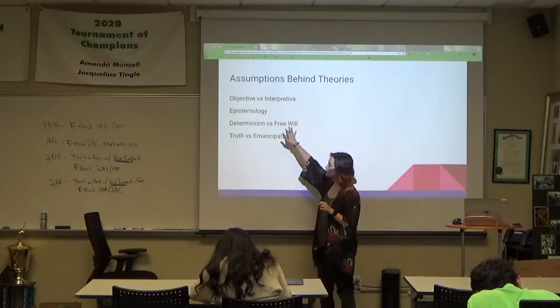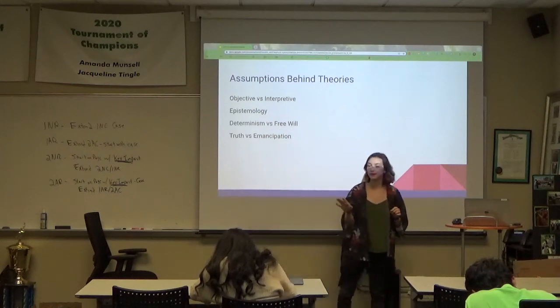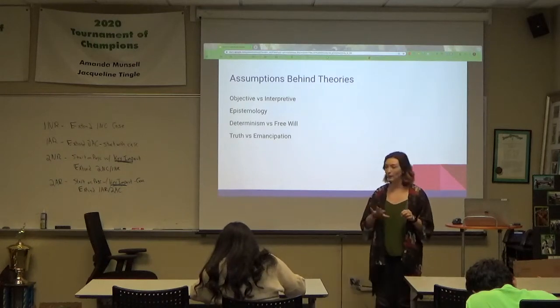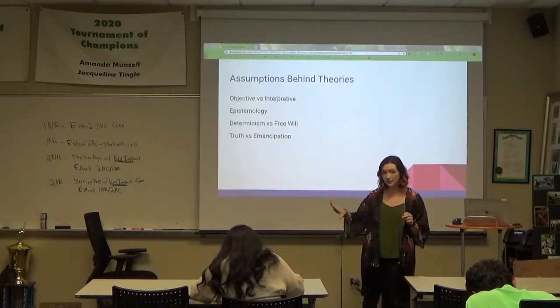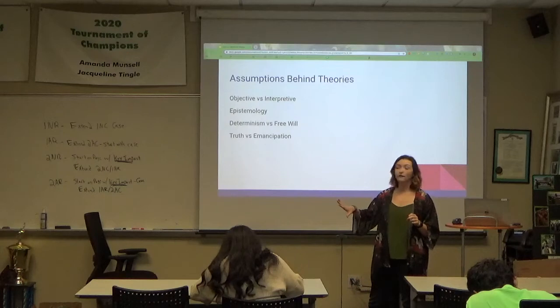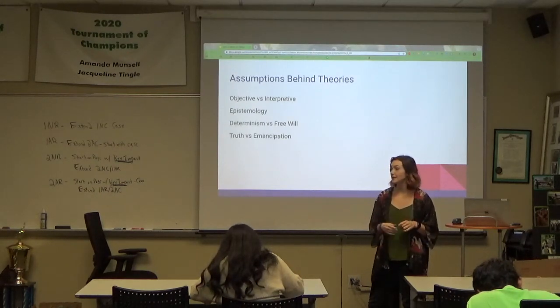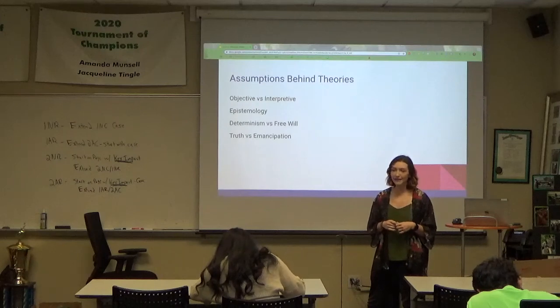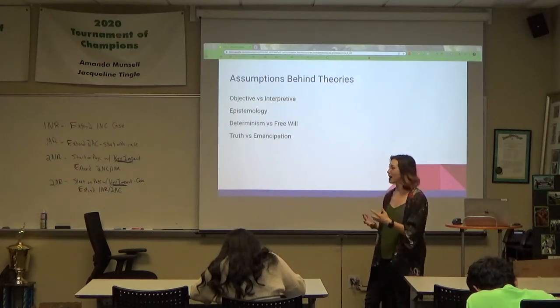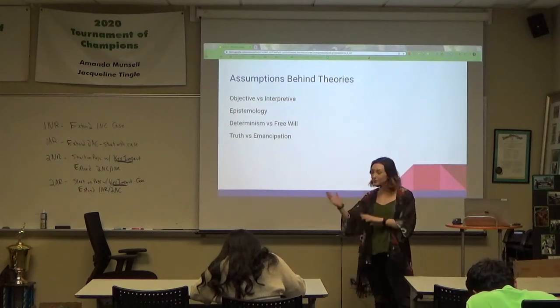And this also gets into the determinism versus free will debate. Now, for a lot of what we get into with the more objective theories, some of them sound awfully deterministic. If X, Y, Z things happens, then A, B, C things will happen. And it sounds a lot like humans maybe don't have the most free will in the whole world.